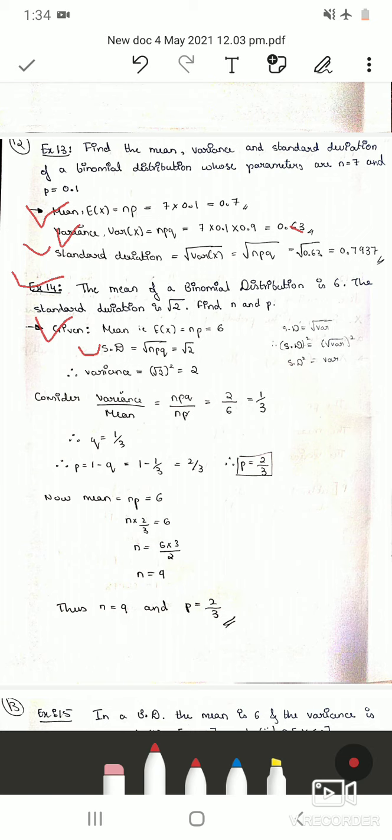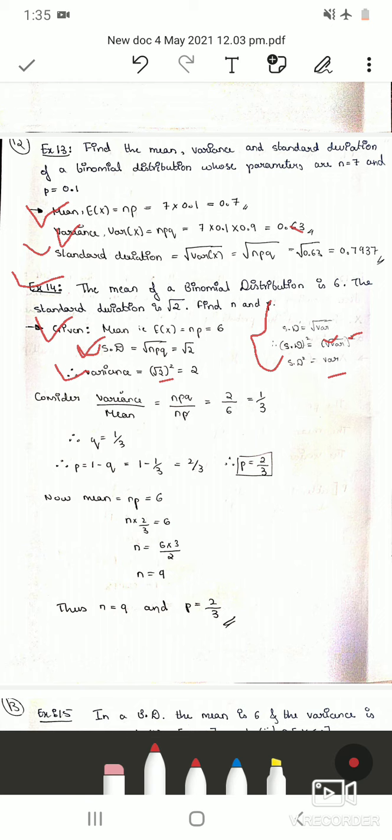So when standard deviation is given, then we can find out variance. So here I have written how to find out variance. We know standard deviation is square root of variance. To get variance, we have to square it on both the sides. So the square root and square will get cancelled, and we will be remaining with variance. Therefore variance is square of standard deviation, and standard deviation is square root of variance. So remember this one rule, then you can find out the other one. Therefore variance is nothing but square of standard deviation.